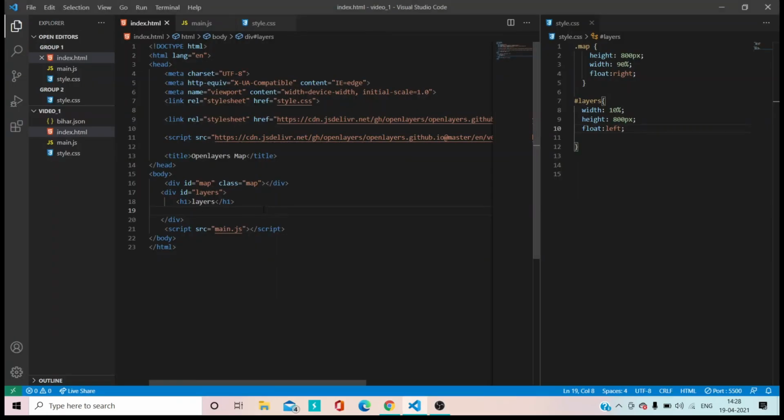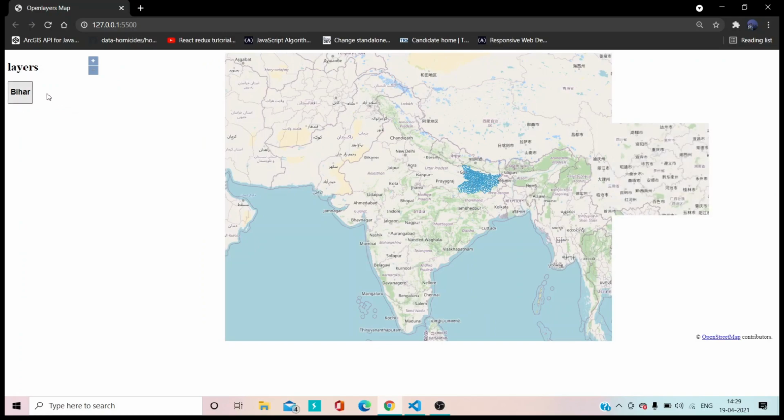So let's try to add a button in this div element. So button tag, and then let's use another heading element as h2 and give id as btn, and then in the h2 we want Bihar, which will show on the button. Yeah, got it.